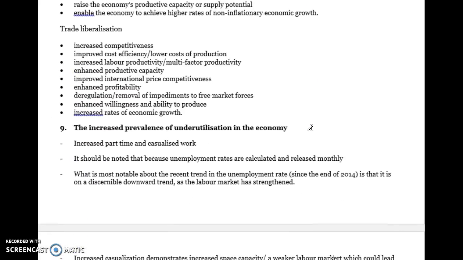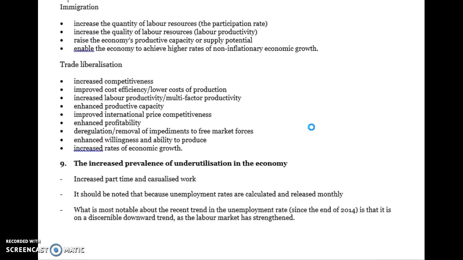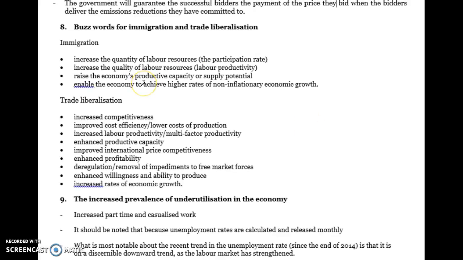Alright, when you're talking about immigration and trade liberalisation, people are pretty good at these, but I just wanted to show in these notes just a collection of buzzwords to use. So we're talking about immigration, you want to be talking about increased quantity of labour resources, so a bigger participation rate, helps to reduce wage pressures. And the other thing is it increases the quality of labour resources because they're coming over here with new skills and new production techniques. So if you're talking about immigration, every single time you want to mention lower wage pressures,